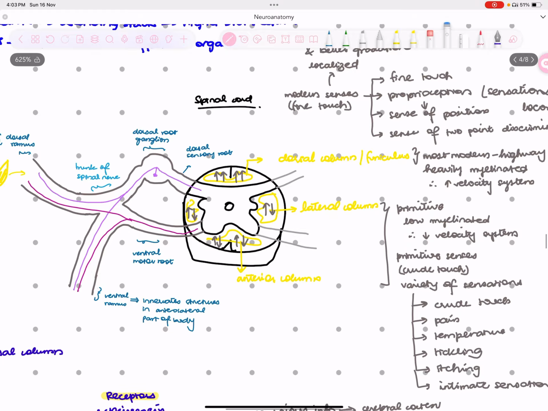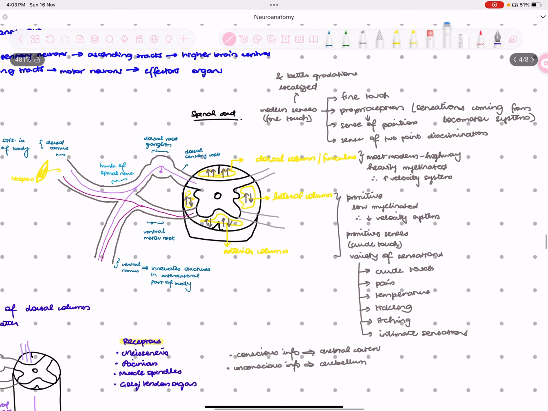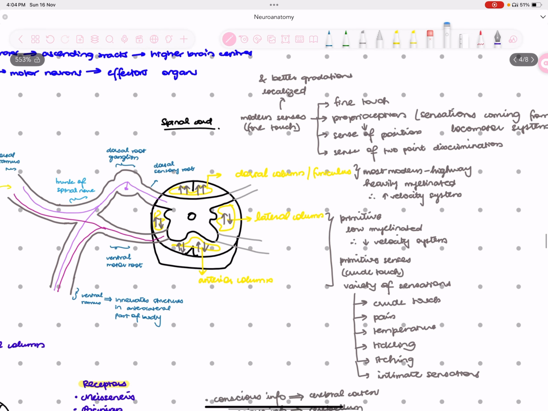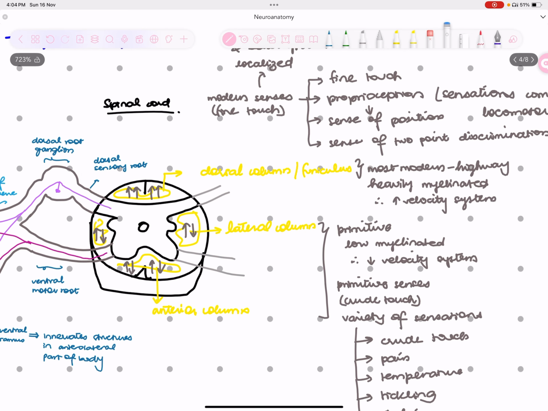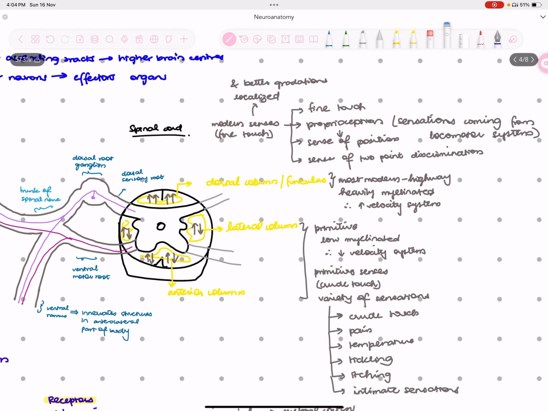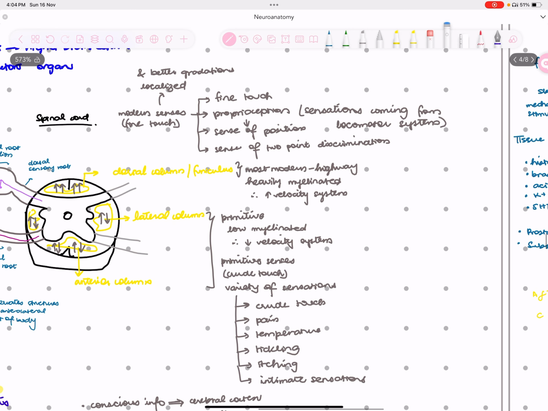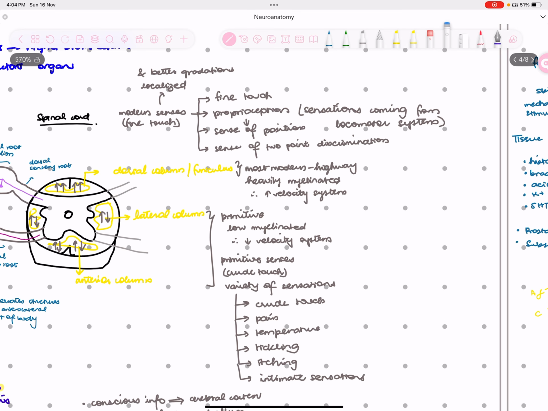Now another very important piece of information that should be on your fingertips once again. So this is like a complete overview. Your dorsal column has just the ascending tracts. Your lateral column has both ascending and descending tracts. And the same goes for your anterior column, it has both ascending and descending tracts. Now, when you talk about lateral and anterior, we normally tend to group them together as anterolateral.